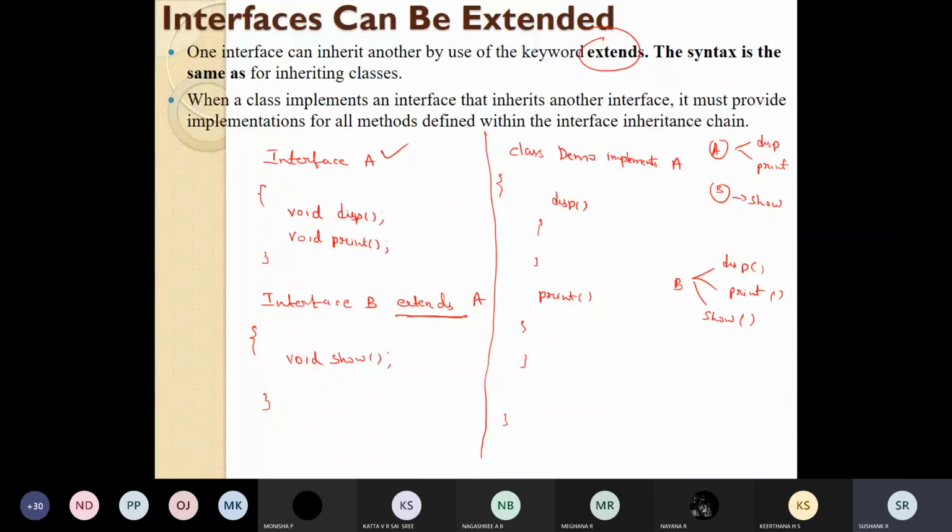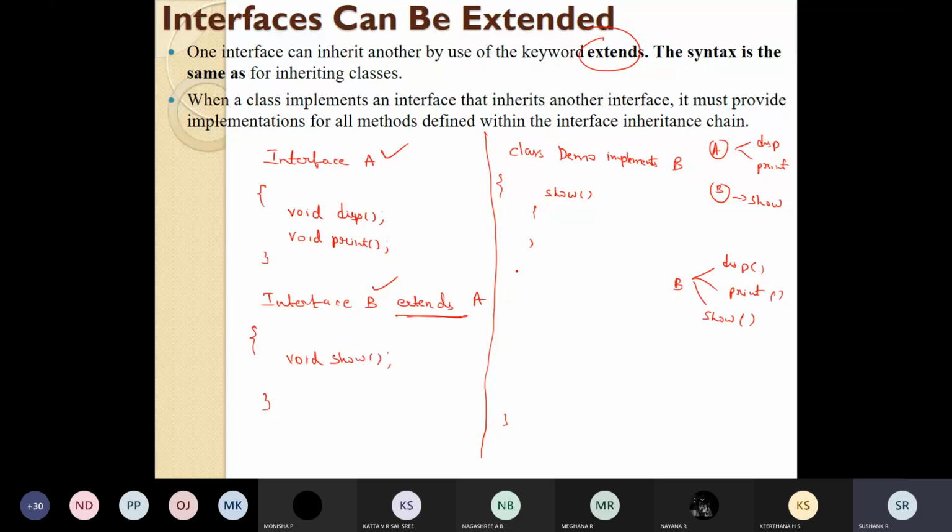But if the class demo is implementing the interface B, then first, it has to write the logic for the B interface method, that is show, and in addition to that, it is making use of display and print because of this extended relationship.